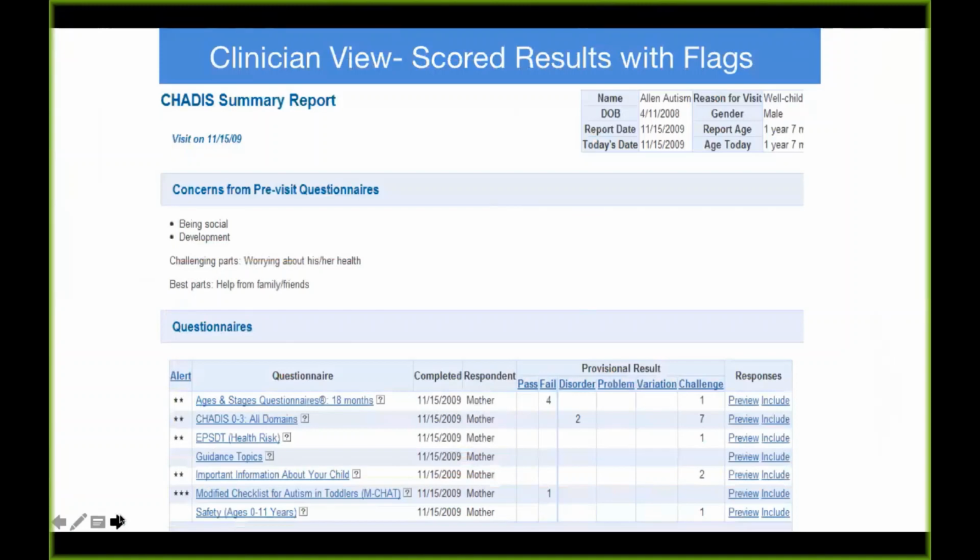And then the clinician logs into CHADIS and sees right here, first, their top concerns for the visit today, so their visit priorities. You may have read something that came out in the press this week, showing that the typical doctor spends only 11 seconds finding out what the patient's concerns are for the visit. Now, a lot of people get rattled by that, and so having a chance to fill out a questionnaire telling what the main things are you want to talk about before the visit is really important. And then you see our 2-question questionnaire results, which are the best and hardest parts of parenting.